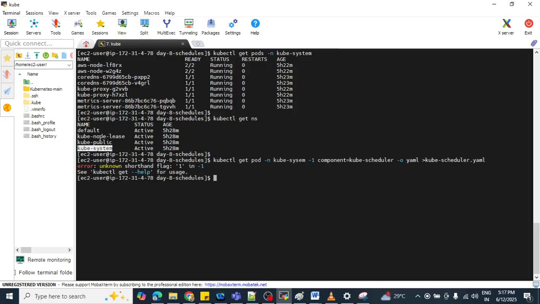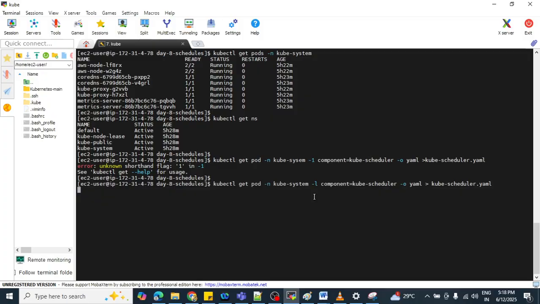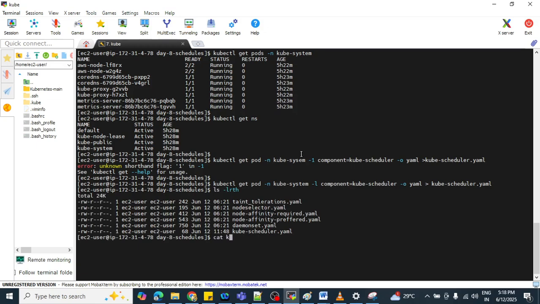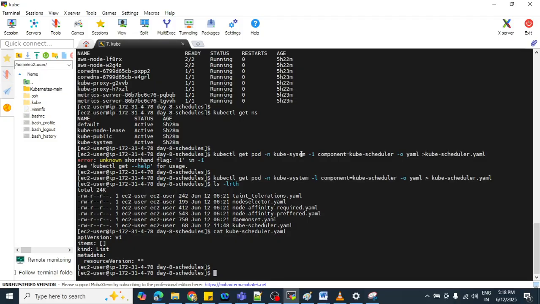Okay, so something is wrong here. Let me try to find out the issue first. The kind is list, metadata, no problem. After that, let's try to apply this.